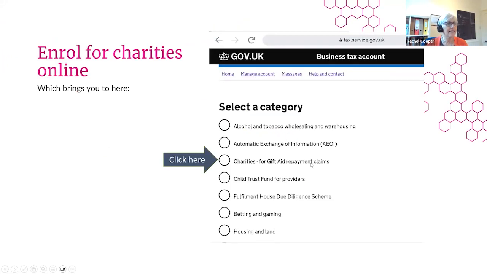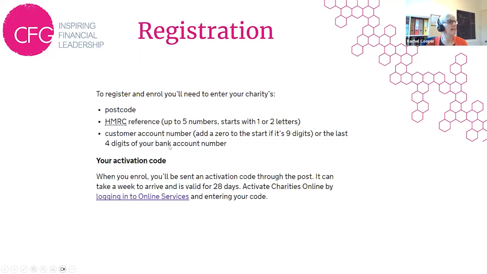And then it will enable you, if you fill in your postcode, the reference that they sent you, and they send you a customer number as well, then they will send you an activation code. Just in case you thought that filling in one set of numbers would enable you to claim gift aid, it can't. They send you something to enroll, and then they send you this activation code, and they send it through the post. And then if you use that activation code within 28 days, then you can